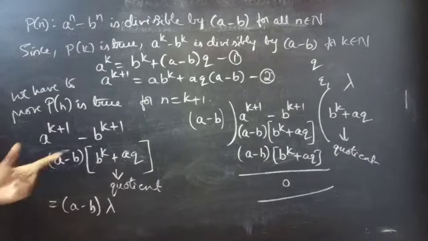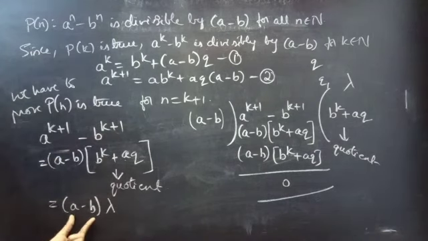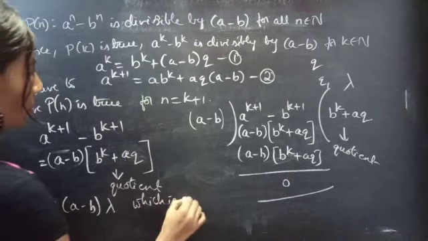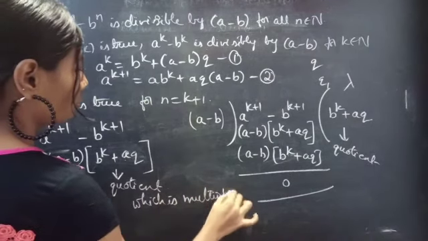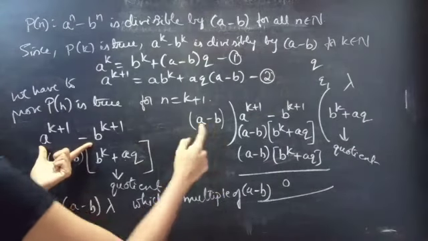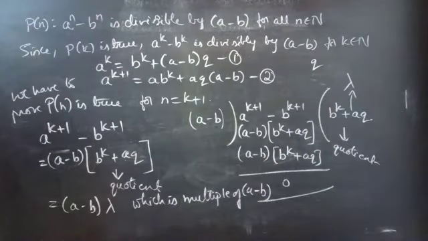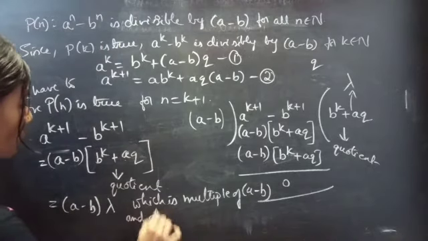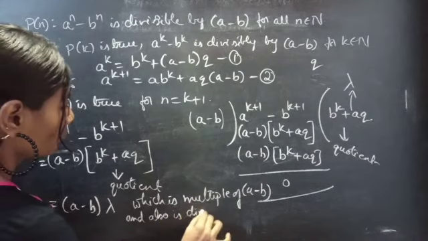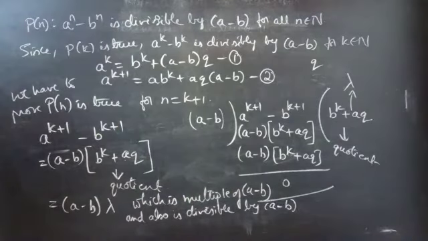So here a power k plus 1 minus b power k plus 1 is a multiple of a minus b, and also it is divisible by a minus b with quotient lambda. From this we can say that